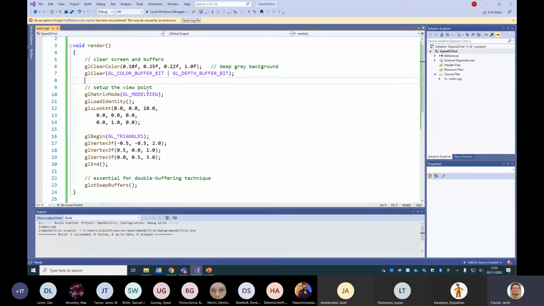And we set up a so-called matrix. Never mind, you don't have to know yet what a matrix is. We'll set up the camera in that way: the camera is positioned at the coordinate 0, 0, 10. It's looking at the position 0, 0, 0. And it also has a so-called up vector, 0, 1, 0. It means that if you have a camera like this, sorry,